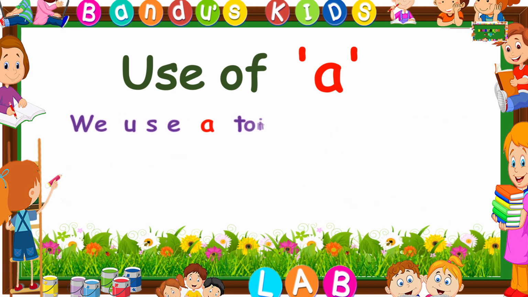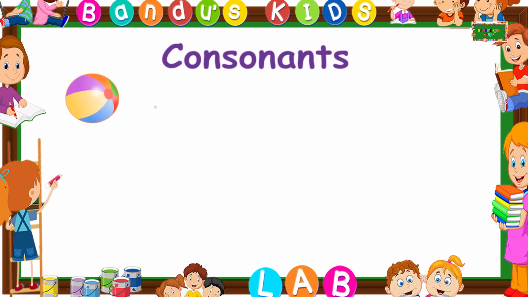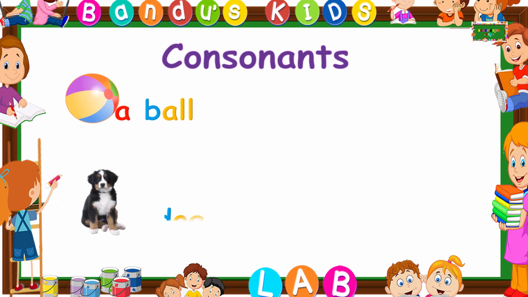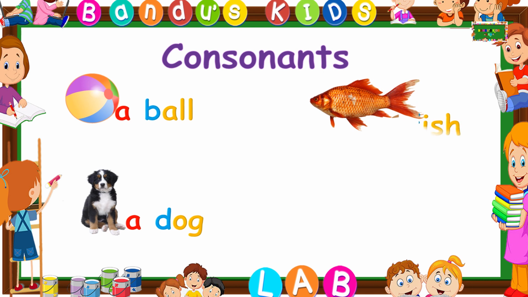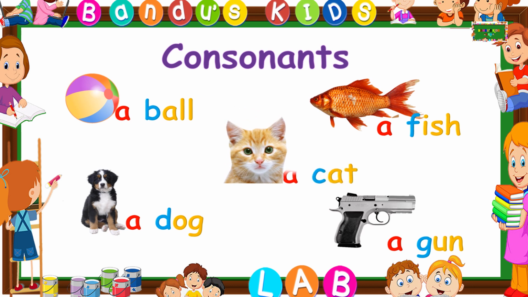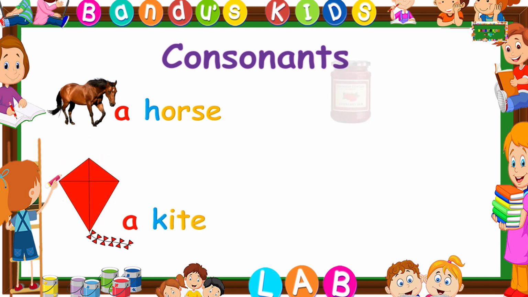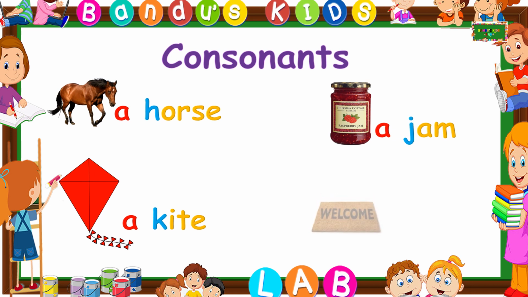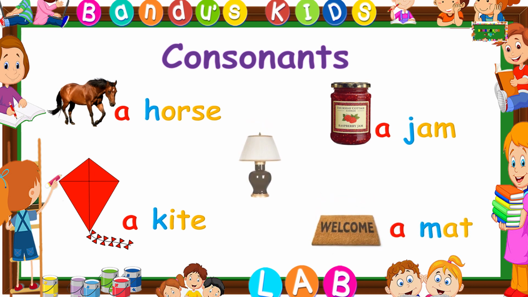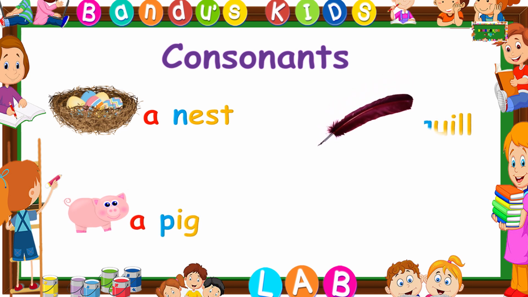We use A to introduce a singular noun. Like a ball, a dog, a fish, a gun, a cat, a horse, a kite, a jam, a mat, a lamp, a nest, a pig, a quill,